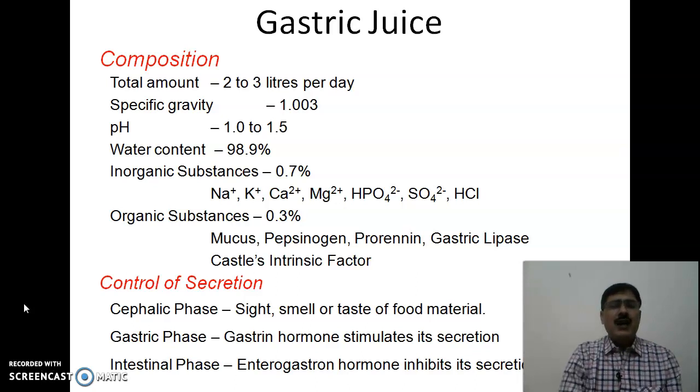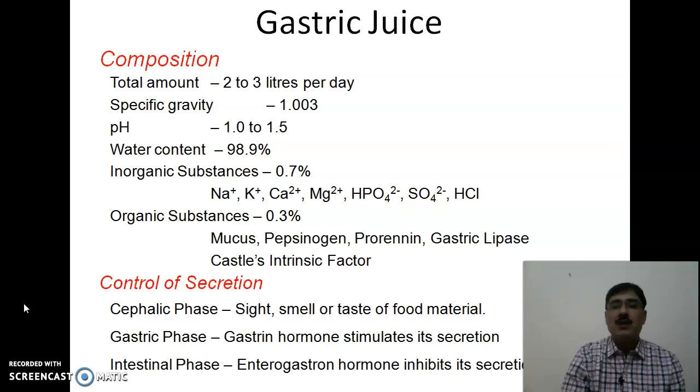The gastric juice has 3 phases of control. One, the cephalic phase; second, the gastric phase; and the third one, the intestinal phase. During the cephalic phase, the sight, smell, or taste of food material stimulates the gastric mucosa to secrete the gastric juice. कहने का मतलब यह है कि भोज्य पदार्थ के देखने मात्र या गंध और स्वाद से ही जठरीय जूस या